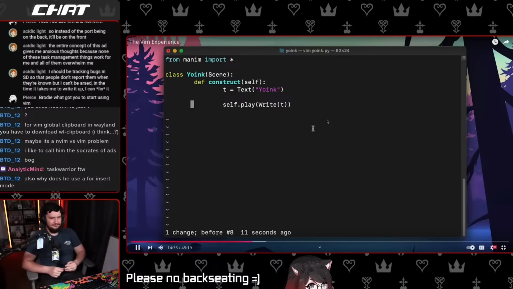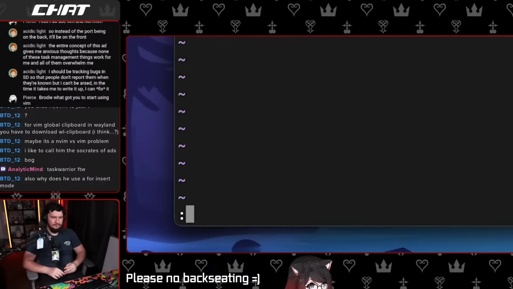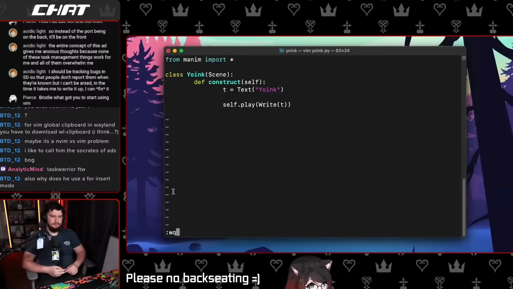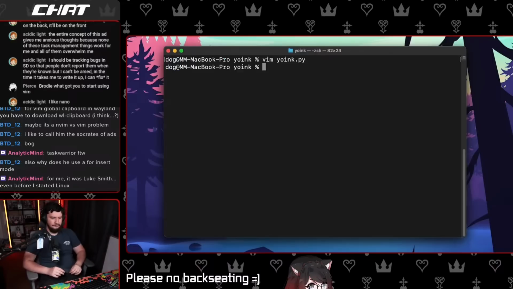I also learned to combine multiple commands together. So for example, if I enter the command mode with the colon, I can do write and quit, which is the same as X, I think. Write and quit would save this file and then quit Vim. And if I only do write, it will only write this file. And if I do Q, it would quit. But if I do W quit, it will write and quit.